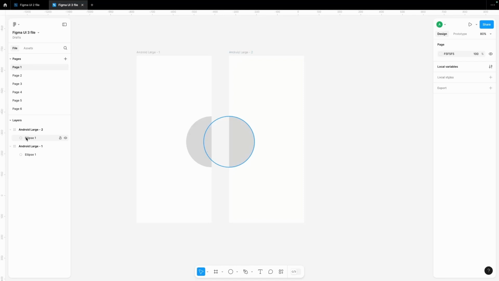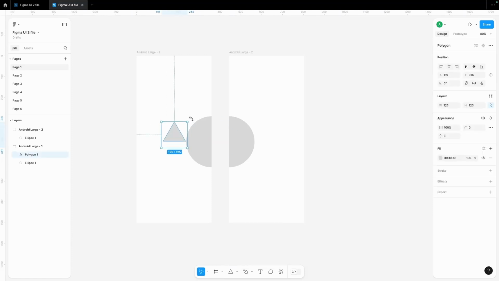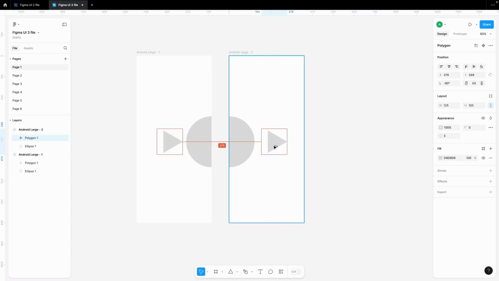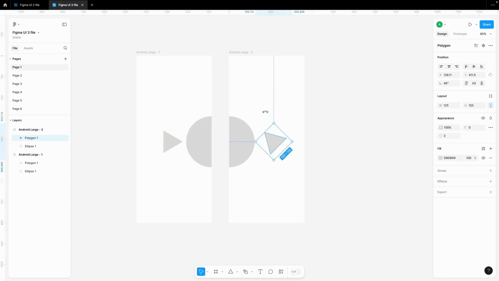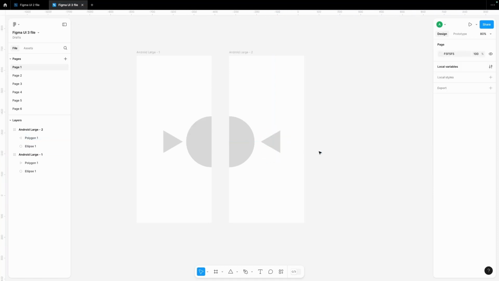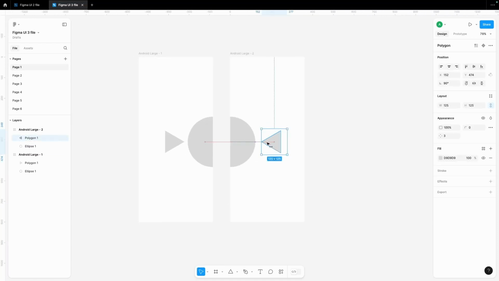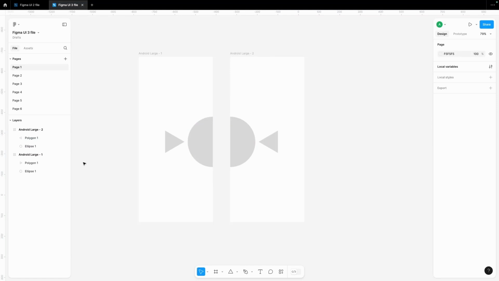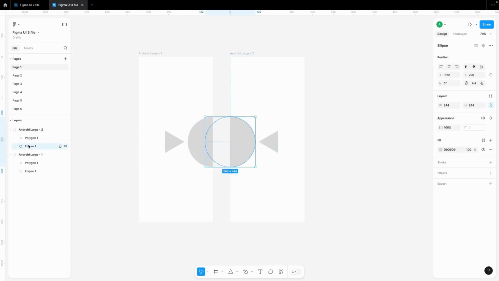Now these are visible over here. I can create other shapes as well, such as, let's say I want a triangle pointing towards this, and I'll copy this same triangle pointing towards this. Alright, now you can see that all these shapes are in form of layers which are nested inside this Android large 2 frame,